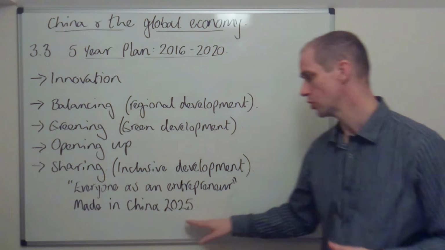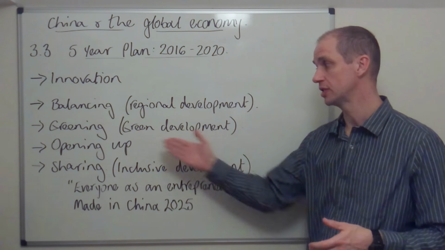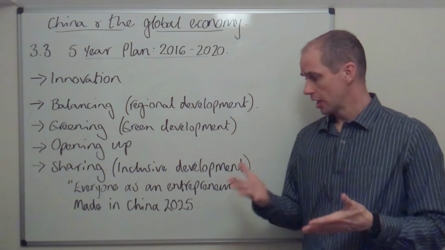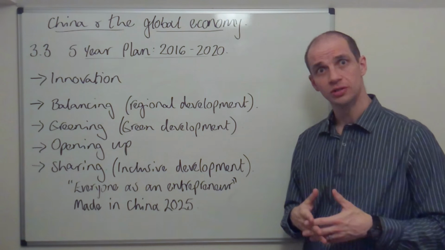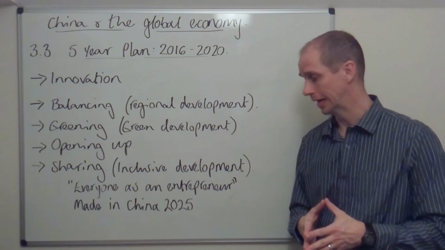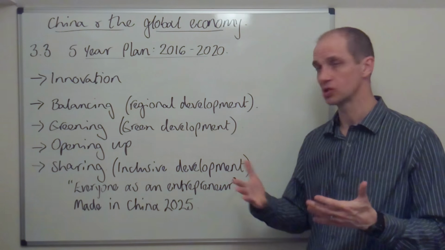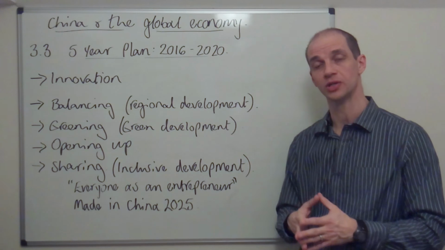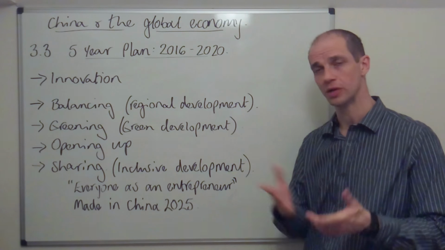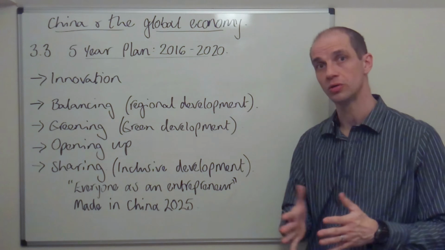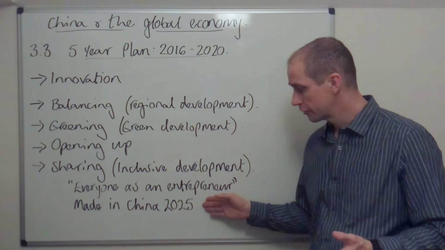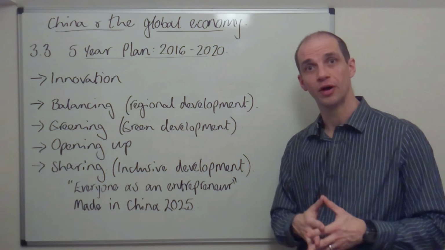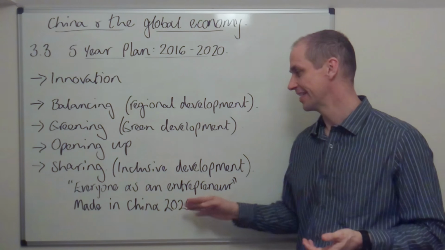There's also the Made in China 2025 ambition, which is highlighted within this. Now, what this really identifies is that Chinese goods are often perceived in the West as being of inferior quality. Now, sometimes that's obviously the case, and other times, there's many Chinese companies which are actually doing very well overseas. Take, for instance, OnePlus, who now sell their phones quite widely in the UK market, for instance. Of course, you've also got other examples such as Huawei and Xiaomi phones. You may not have heard of those, and I understand.